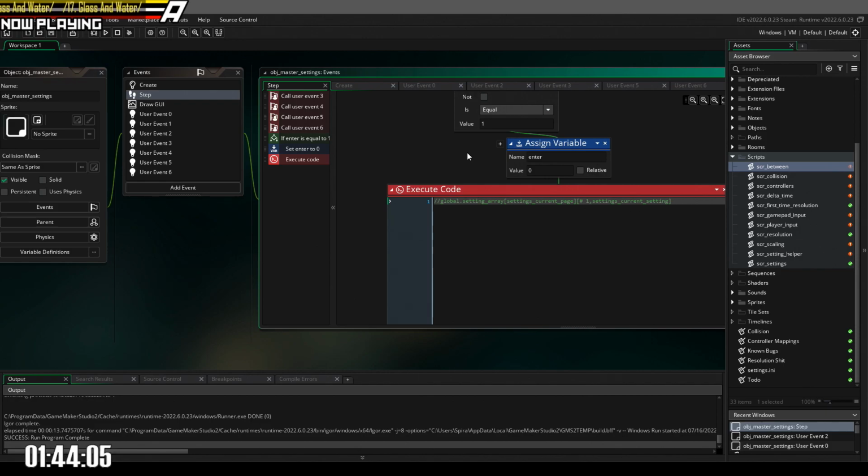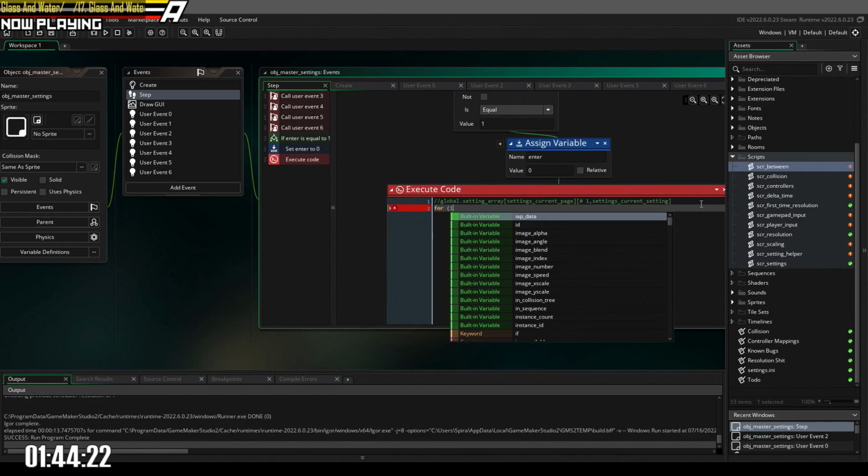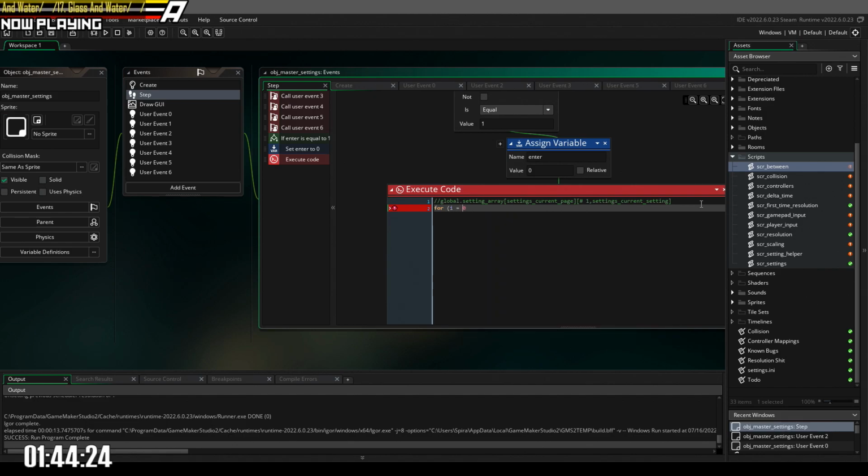So what I actually might want to do here is okay, so it's probably going to be 4 and another I equal to 0 and var I is equal to 0. I is less than